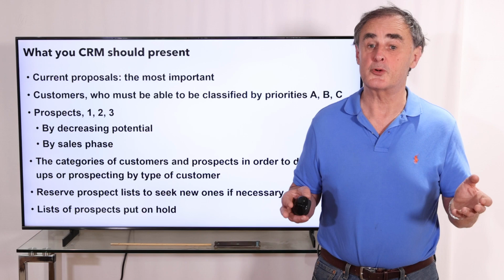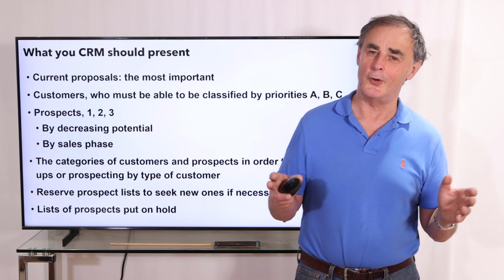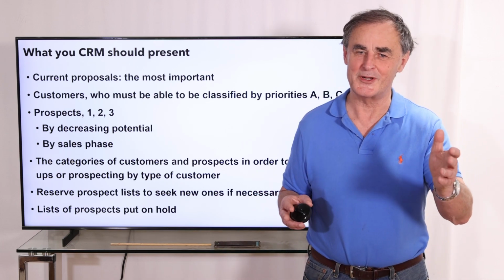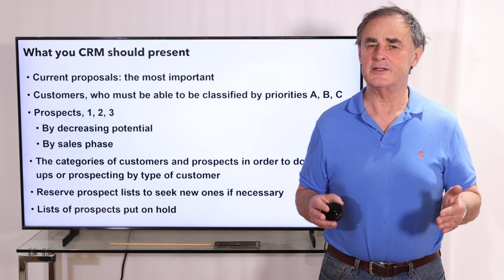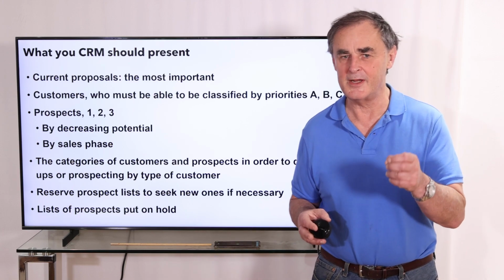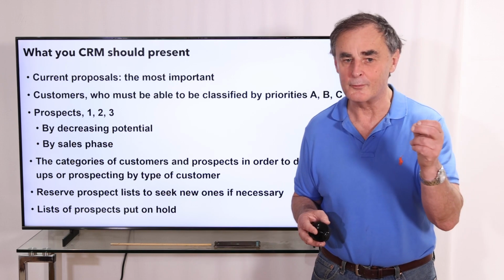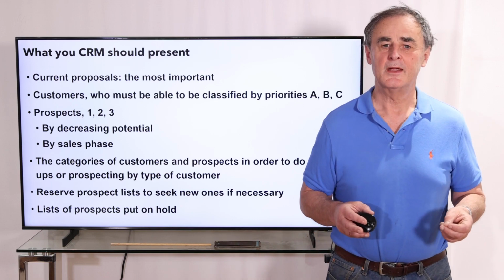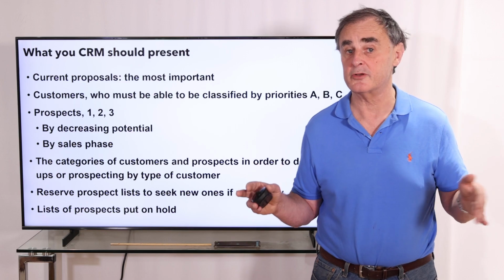Categories of customers and prospects in order to be able to choose your calls. That means that depending on your business, the categories of your clients and prospects change from one business to another one, so there is a column for that. You can fill it so that you can classify your clients or prospects with the category. You should also have a reserve list so that when you finish your prospection, you can go and find